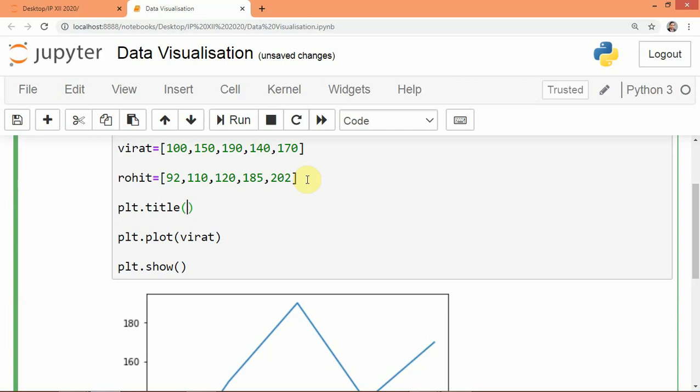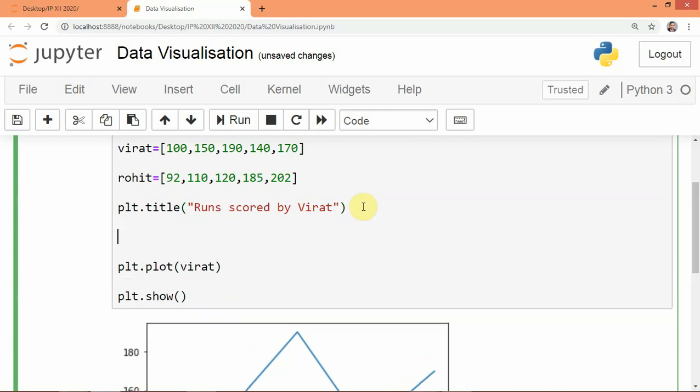So we want to give runs scored by Virat. This is our title. Next, plt dot x label. What do we want to keep on the x label?